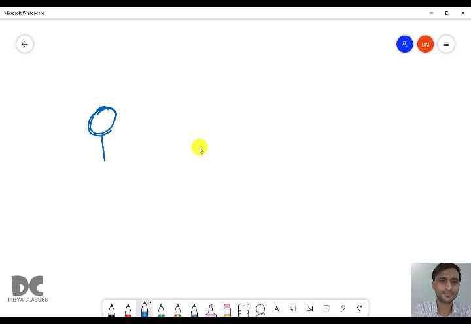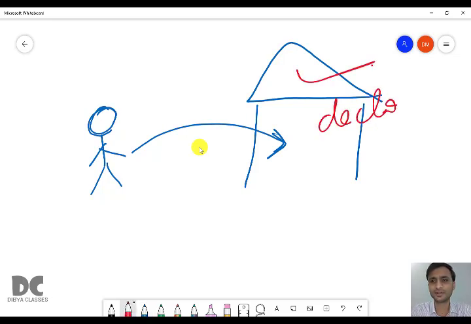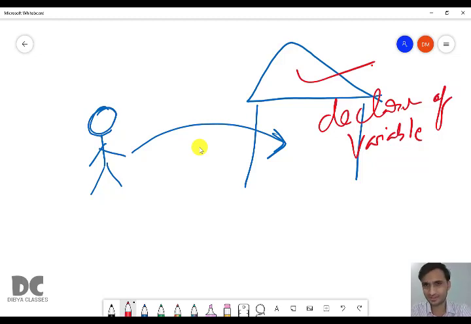For example, this is me and I want to build a house so that I can stay in it. Before staying, you need to create a house. This creation of the house is known as declaration of variable. In Java, the house is known as a variable, and to create a house, there are syntaxes. For example, to create our house we need bricks, sand, cement, and many other things, right? Similarly, there are also some rules and regulations on how to create variables in Java. So today we'll be learning about the syntaxes.